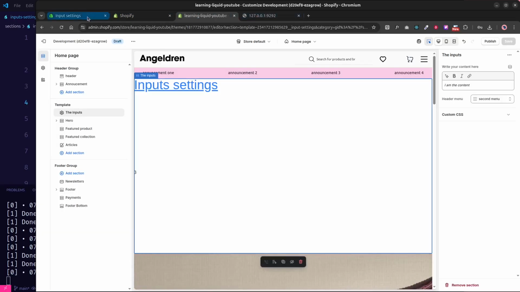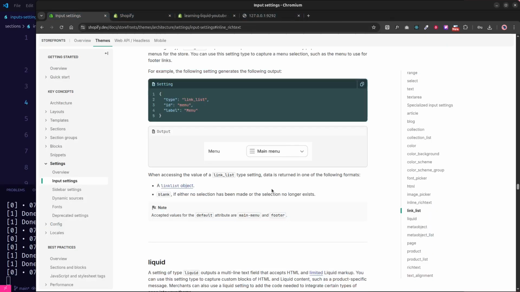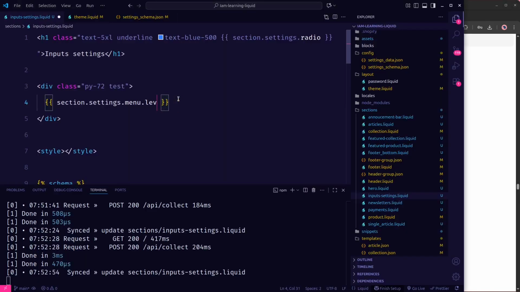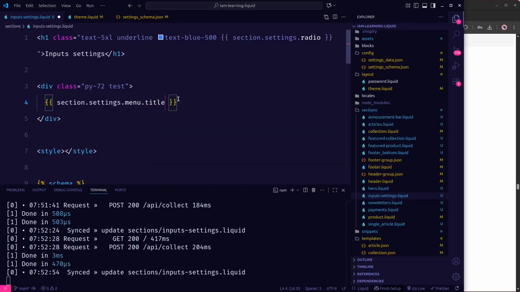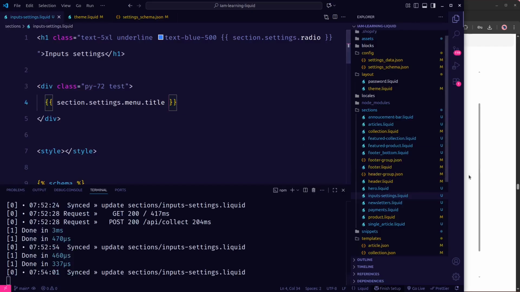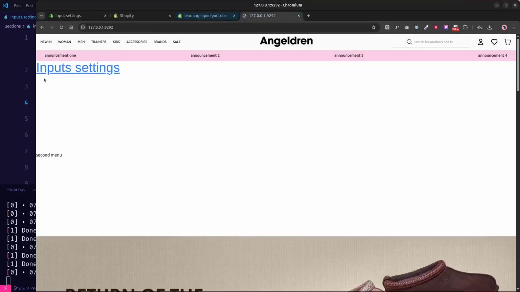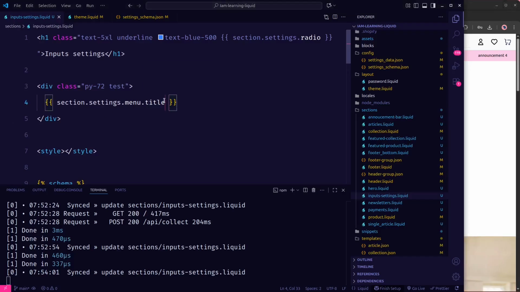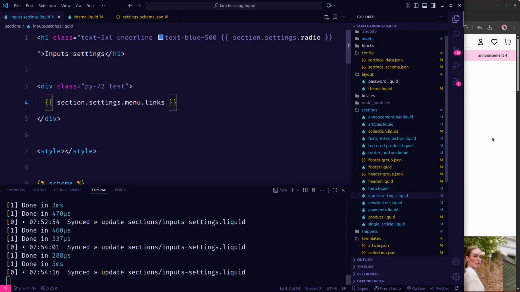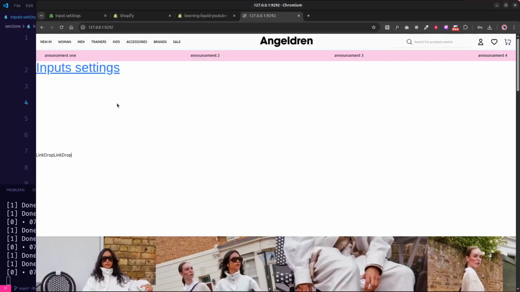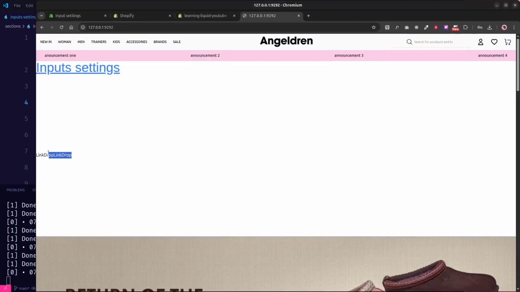To do that, when you read your documentation, it's telling you to access the link list object. But before I show you that, let's come back here. Let's remove this level, add the dot again, and print the title. If we print the title, it's going to give us the titles of our menu. In this case, it's called second menu. And if you come back here and do dot links, this dot links is going to return